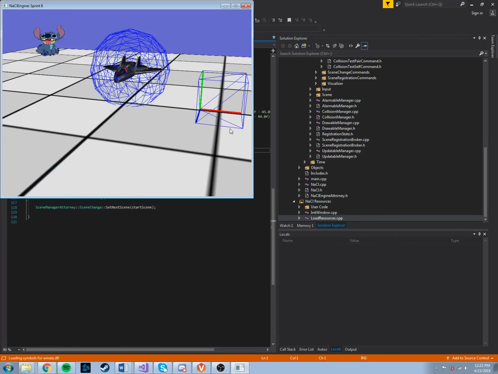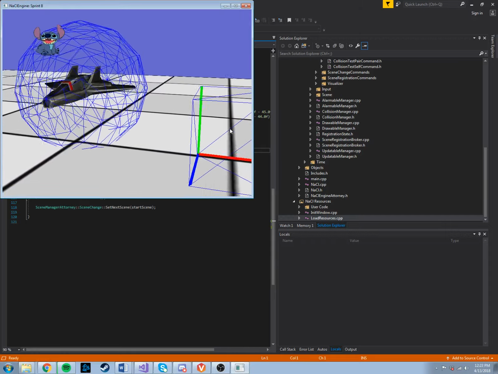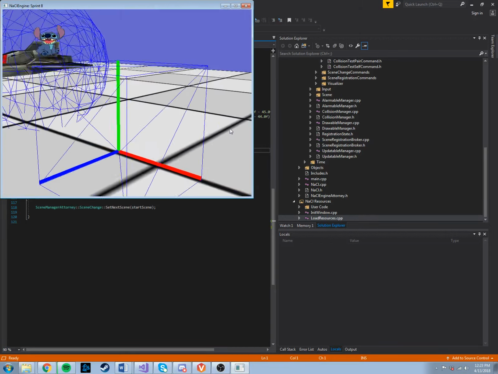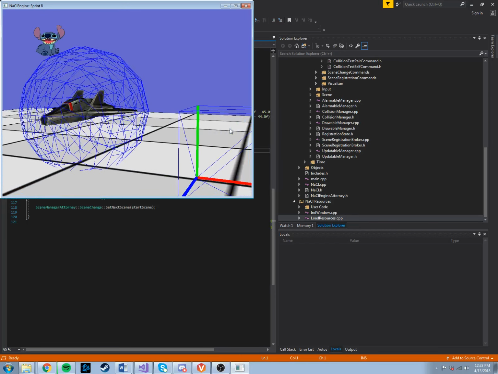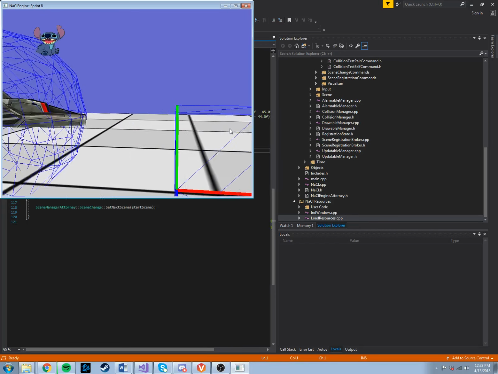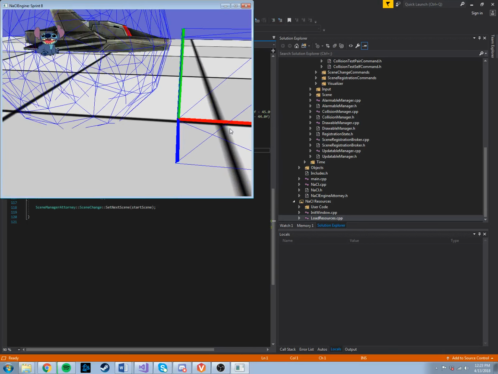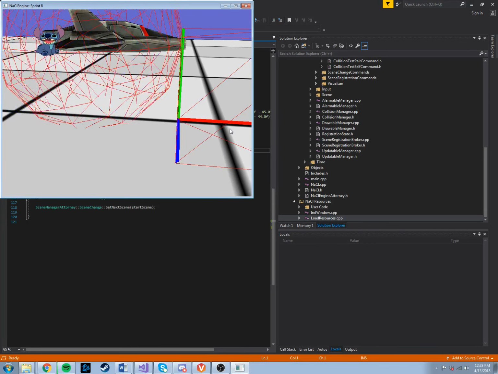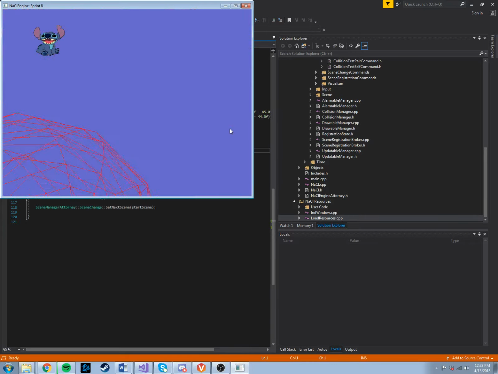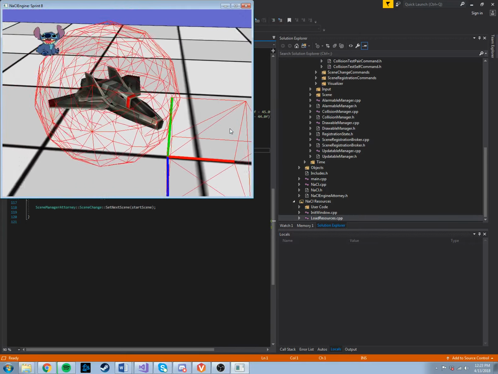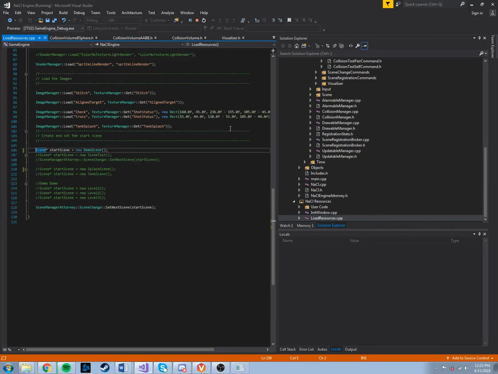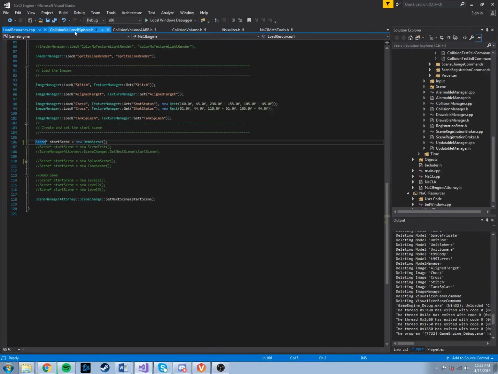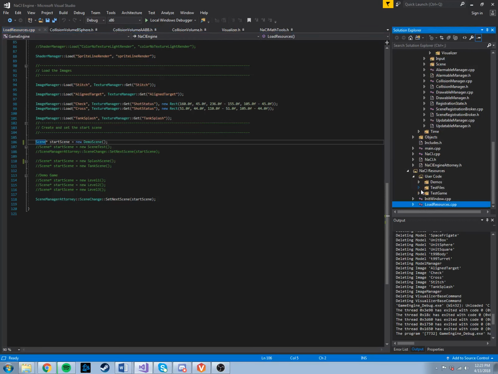Here we are. So what we have here is an AABB around this axis, and a B-sphere around the frigate, and when they come close, they collide. It's beautiful. Sensational. And I can also very quickly demonstrate